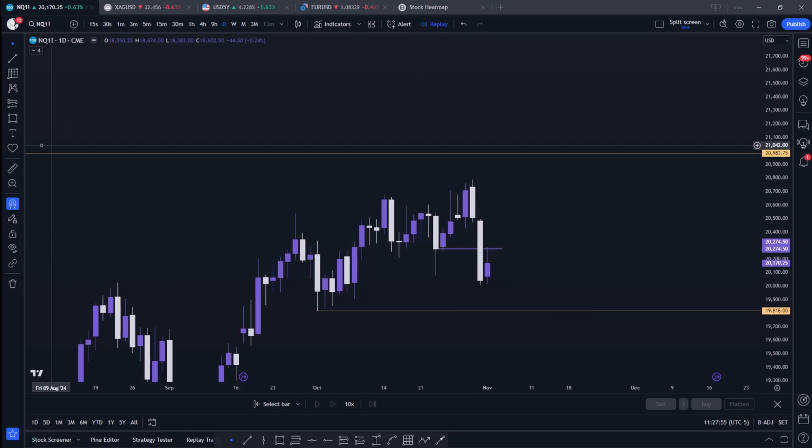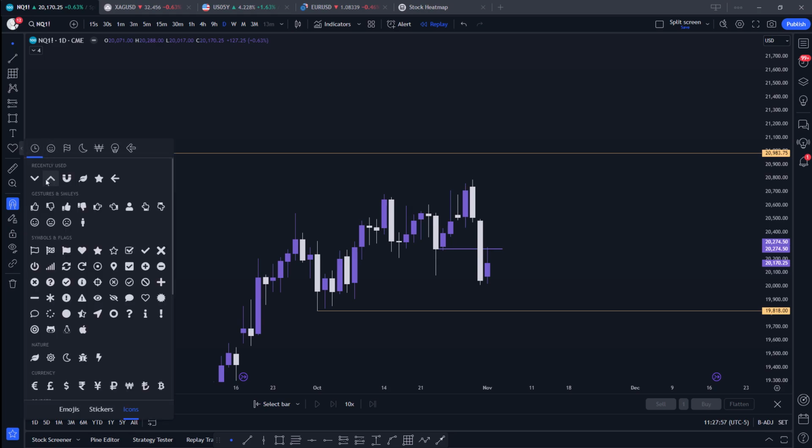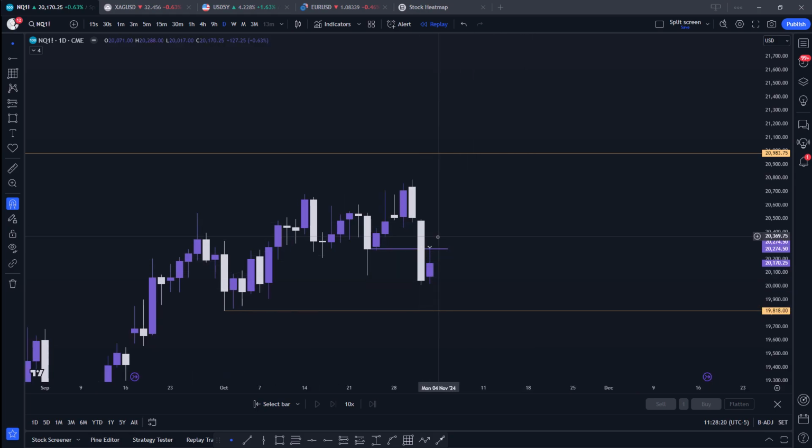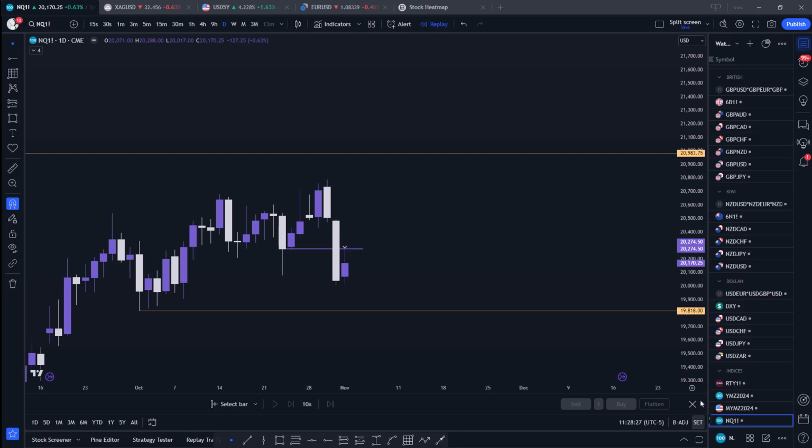So in other words, if I was trying to sell this market, I would have entered my sell position right there, with my stop loss being at the high of this day, the high of Thursday. If you want a safer stop loss, the last bullish candle before we fell off will be my safer stop loss, but this is my draw on liquidity. So on the NASDAQ, I'm expecting lower prices, but we might not even need to go into this gap for us to drop lower. Let's move on to